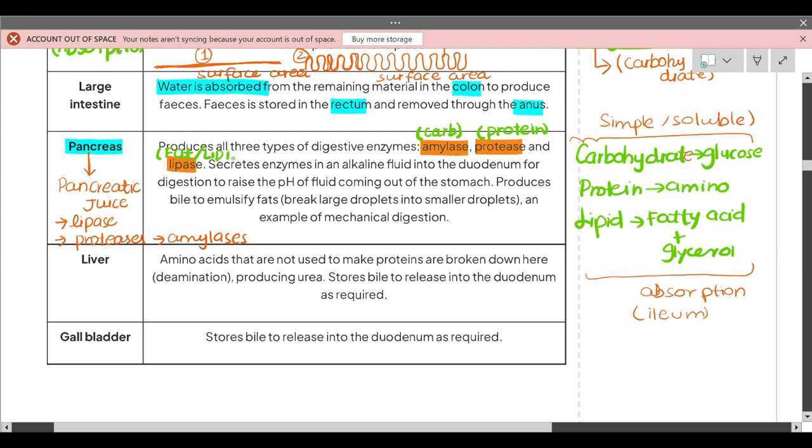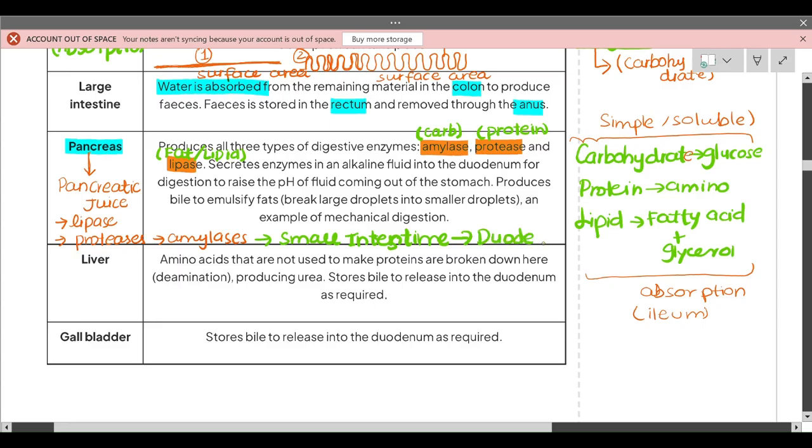And what are the conditions in which they would work? Just because their place of action is small intestine. And which part of small intestine? So basically, can you please give me where these enzymes work? In which part of small intestine is the pancreatic juice passed? Ileum. No, not ileum, bete. Ileum is basically the part where absorption takes place. So it's duodenum.